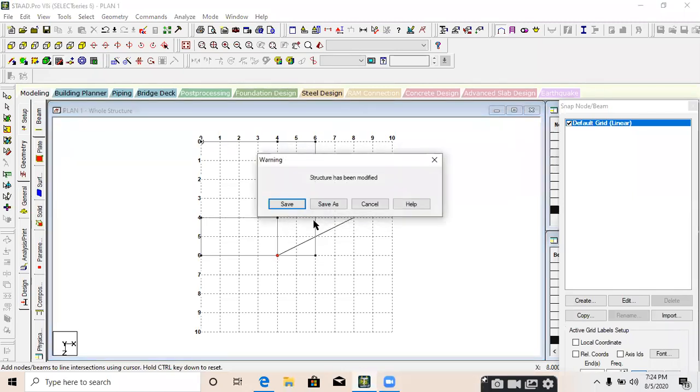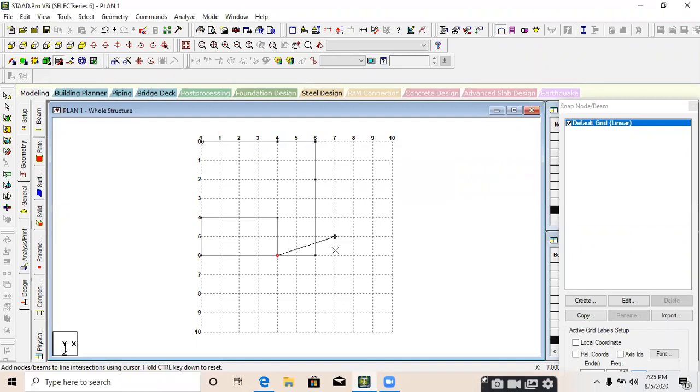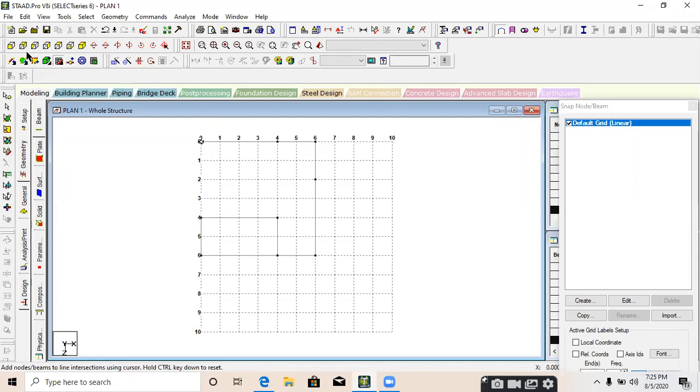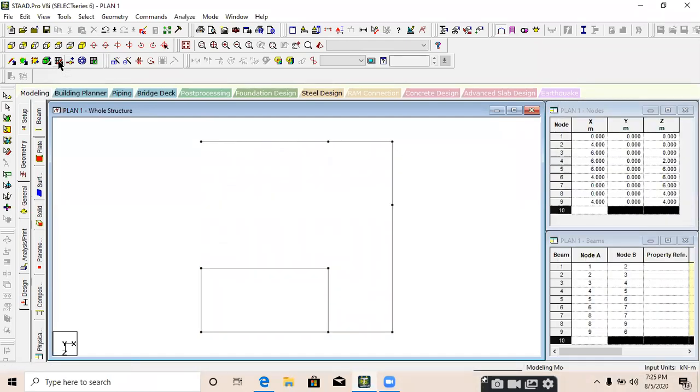Whenever there is a dead end and you can't go further, just click on the particular snap node beam option over here. Click on the snap node beam option and again click on that particular option to switch on the grid. When you click first, the grid is off.